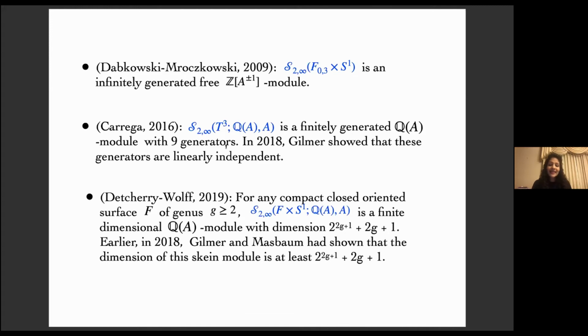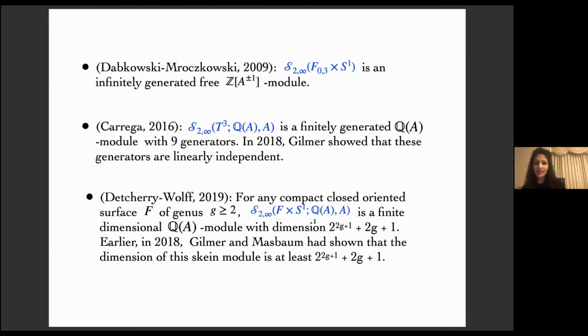Then in 2018, Patrick Gilmer and Gregor Masbaum showed that the dimension of the Kauffman-Brackes Skein module of S1 bundles over surfaces is at least 2 raised to 2g plus 1 plus 2g plus 1. And then the next year, Detcherry and Wolf gave a precise answer for this, and they showed that for any compact closed-oriented surface F, whose genus is greater than or equal to 2, its Kauffman-Brackes Skein module is finite dimensional over the field of rational functions in the variable A, and its dimension is 2 raised to 2g plus 1